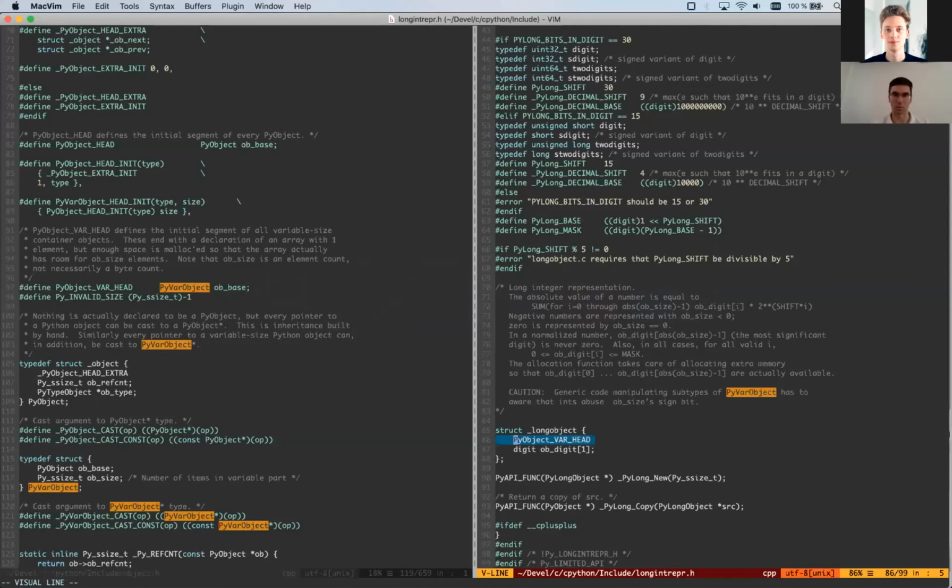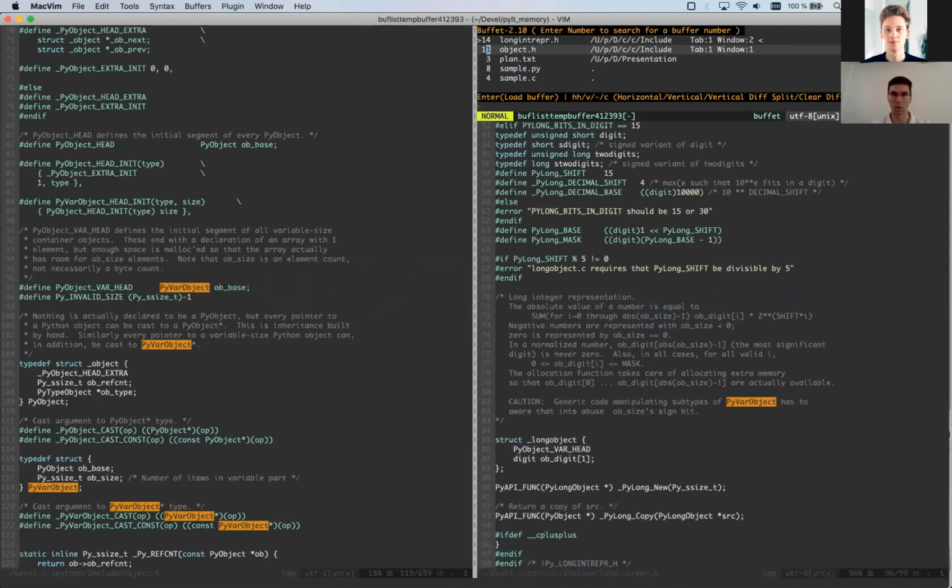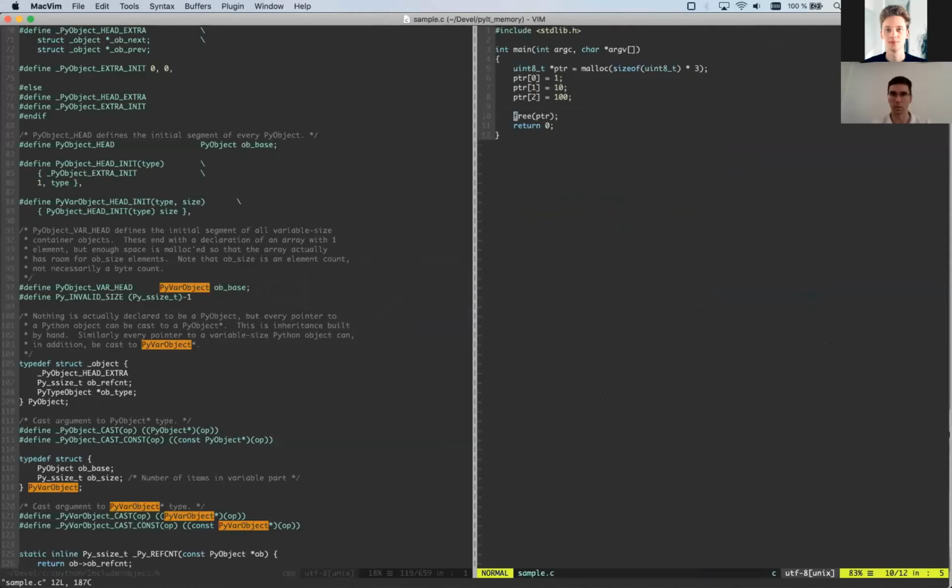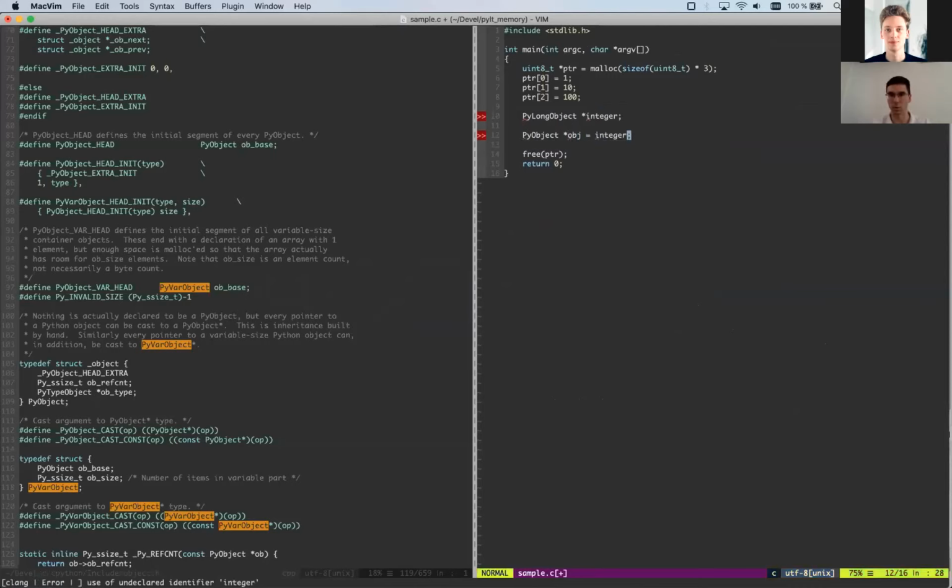So let's go back to our sample C. Let's say you have a Python long object, some integer, right? And its pointer. You can always say, okay, it's actually just a PyObject.